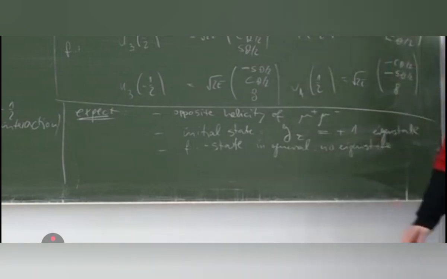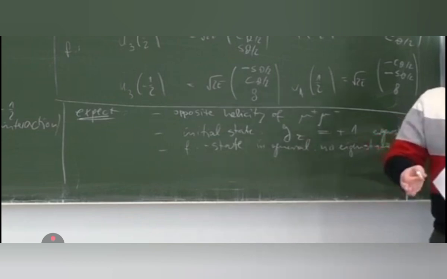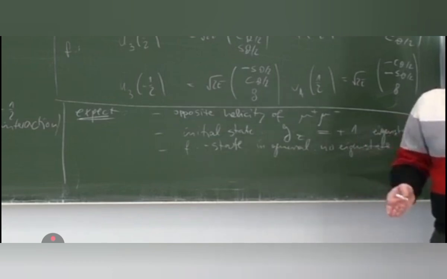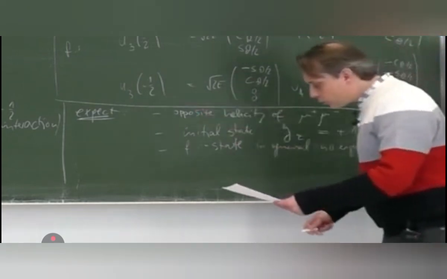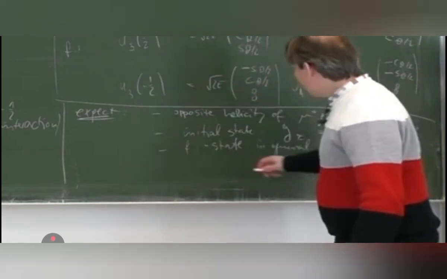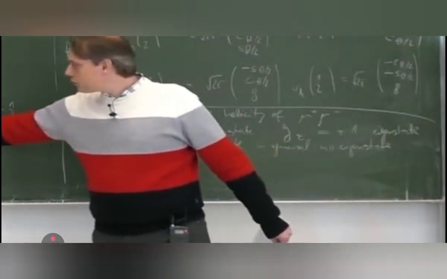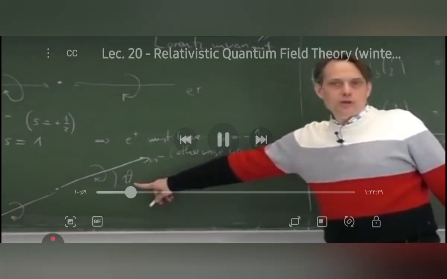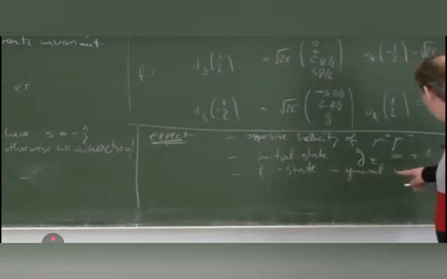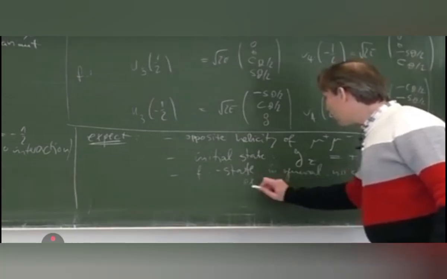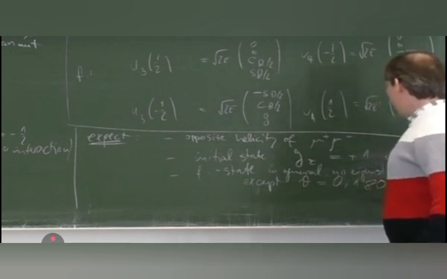And so the overlap, the probability amplitude that a Jz eigenstate goes into some other state, like an eigenstate of Jx or Jy, is of course in general non-zero, but it depends on the angle. Clearly there will be some angular dependence. Actually there is an exception, namely for certain angles that is an eigenstate of Jz, namely for theta equals 0 and for theta equal 180 degrees. That is expected to be an eigenstate. So let's write it down, except theta equals 0 or 180 degrees.